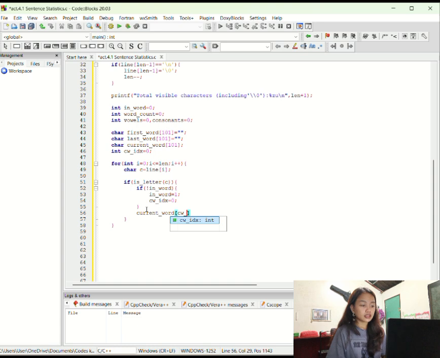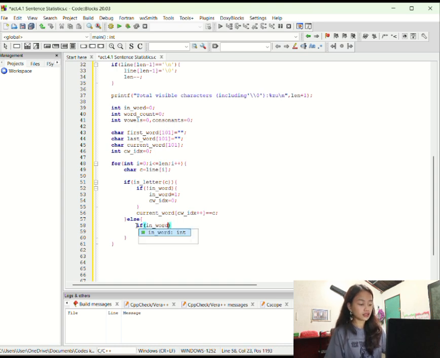Now this if will read if the letter is inside the word. This if is if the previous letter is outside the word, and this one is we just entered a new word, and then this one will reset the index for the current word. Now, to add a character to the current word, we're going to put current_word[cw_index++] = c;